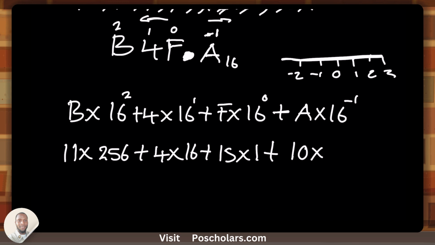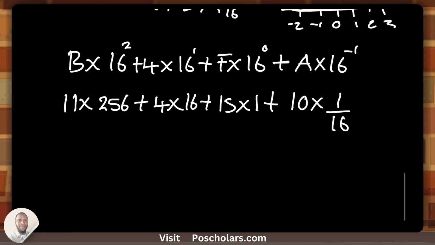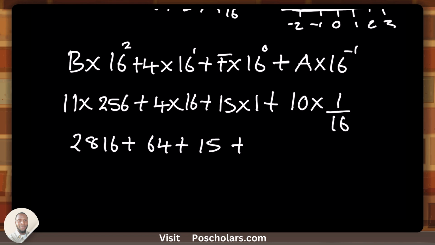What does 16 raised to power -1 mean? Is an inverse. It's still the same thing as 1 over what? 16. Law of indices, right? So 11 times 256 gives 2816. Yes. Then plus 4 times 16 gives 64. Plus 15 times 1 gives 15. Then plus, here we have 10